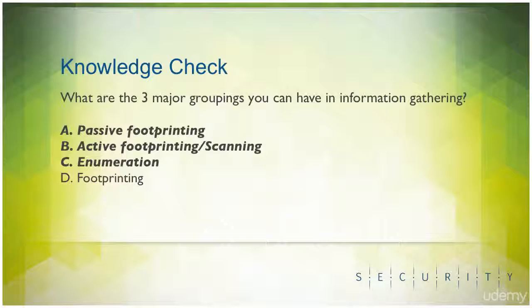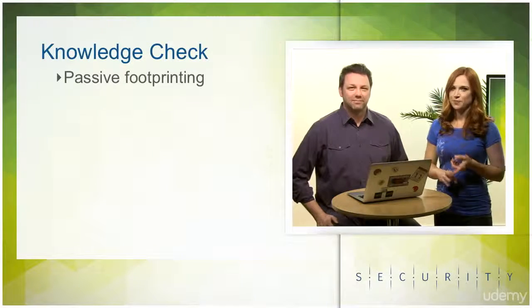Well, again, I'm finding that it's more like which is the wrong answer. So I don't think it's D. So I'm going to say A, B, and C are correct. You've got it. The first two steps in information gathering is otherwise known as passive footprinting, and the next